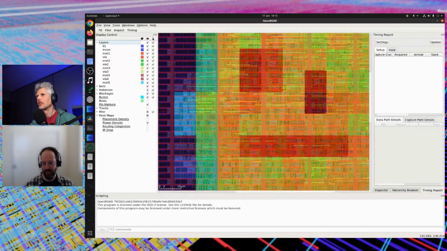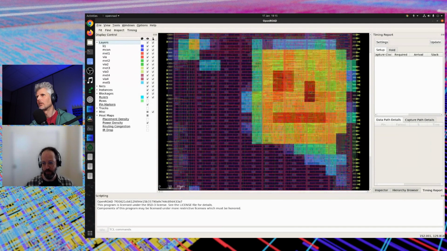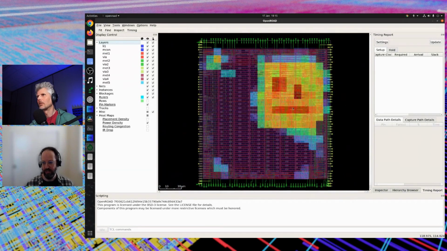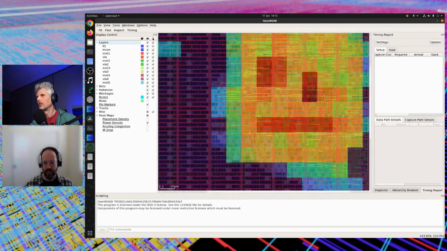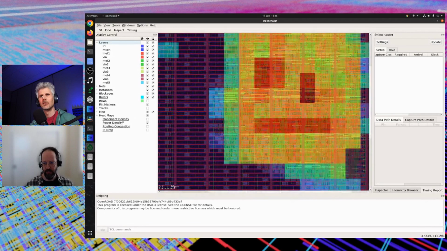And then power density, this is estimating where the power is drawn. Of course, it will tend to be where your instances are, but different instances have different power draws depending on their activity. So you can see there's sort of a hot spot right in the middle there. Each of these ones that are underlined also has a corresponding display control. If you click on the word power density, it'll pop up a little dialog box that lets you